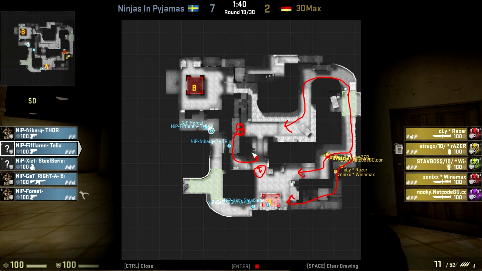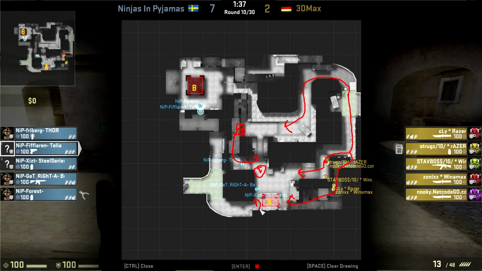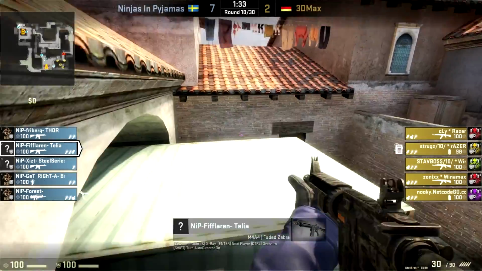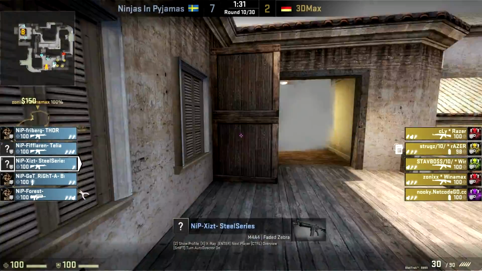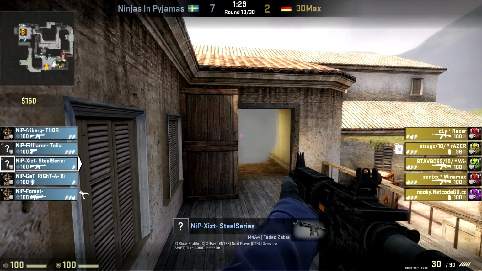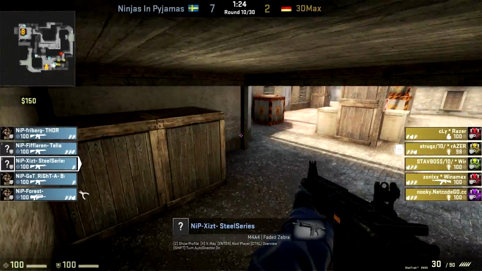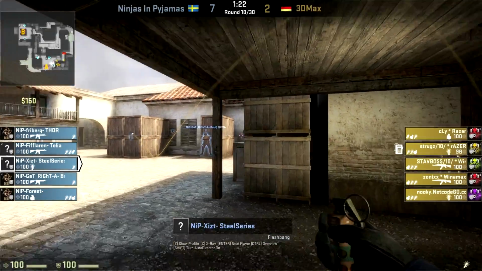They've got one player over here who's had to push from here, and two players playing inside of A. And they just move in from both sides and sandwich them. And they moved slow enough, they didn't run in there, that they were able to engage Ninjas in Pyjamas sort of one at a time. So it was a very nice job by 3D Max, exploiting the setup that Ninjas in Pyjamas had, putting Freebirds